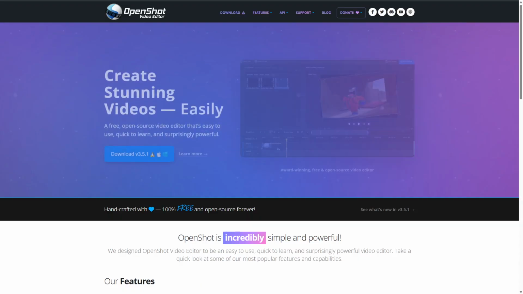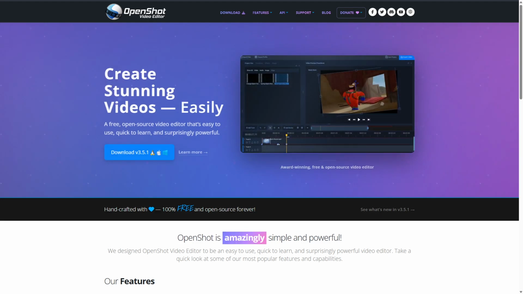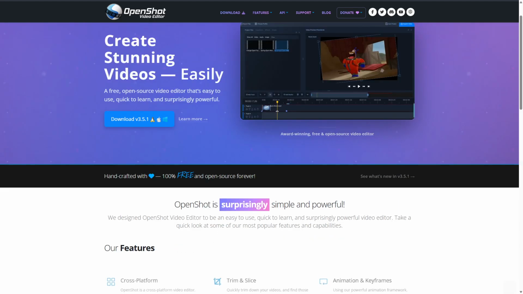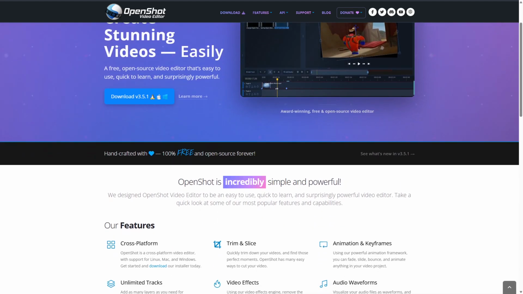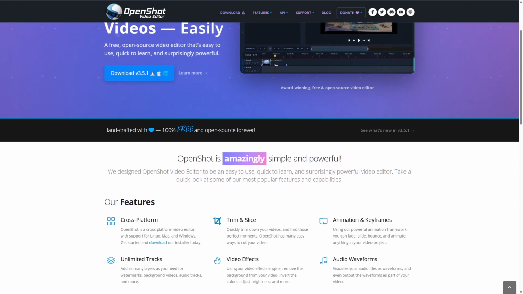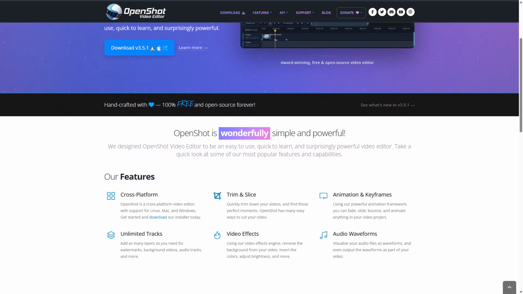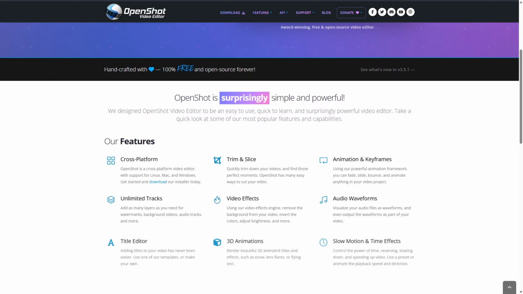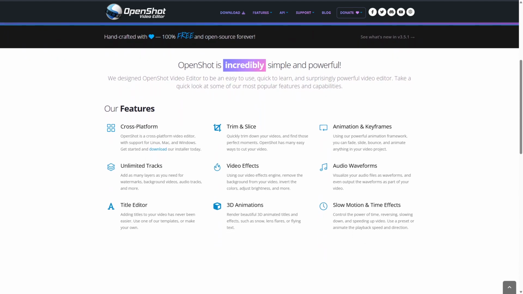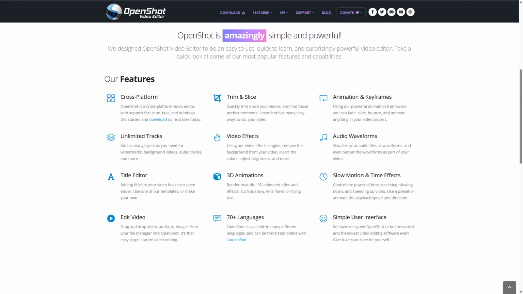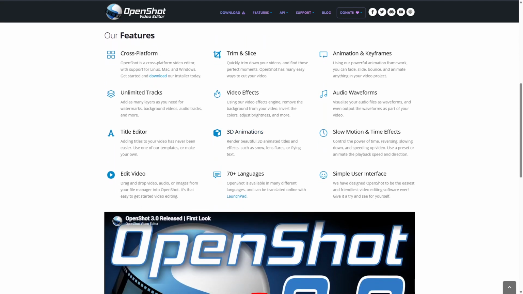OpenShot is a free, open-source video editor that emphasizes flexibility and customization. It supports a wide range of video, audio, and image formats, allowing users to work with diverse media types. OpenShot provides key editing features like trimming, scaling, keyframe animation, and unlimited tracks, catering to users who want detailed control